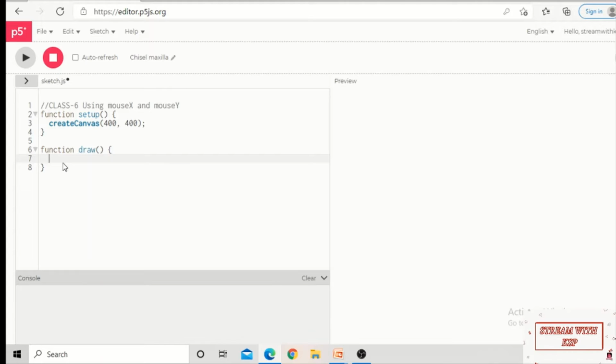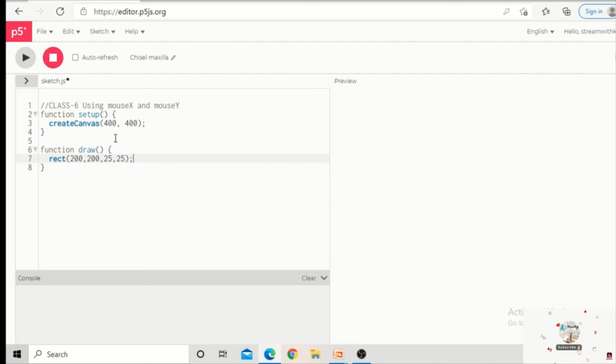Now I'm going to start this class with a rectangle. If I want to display a rectangle on the screen, we already know we have to use the rect instruction with 4 numbers. So I want my rectangle in the center. So I'm giving 200, 200 because my canvas size is 400, 400. So the 200, 200 will be the center of the canvas. And now I'm going to give the size for this rectangle. So 25 width and 25 height. So the rectangle will be displayed on the canvas with 25 width and 25 height.